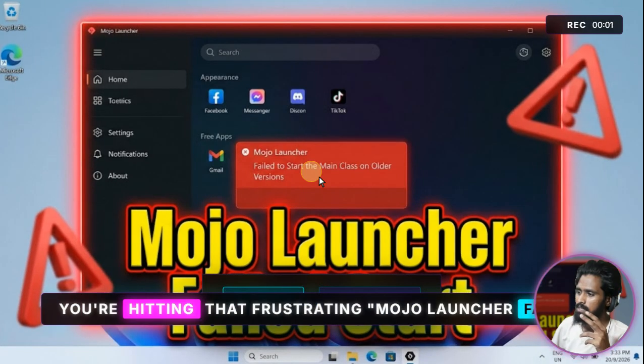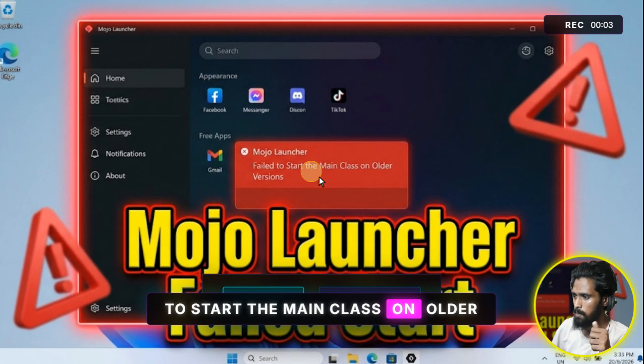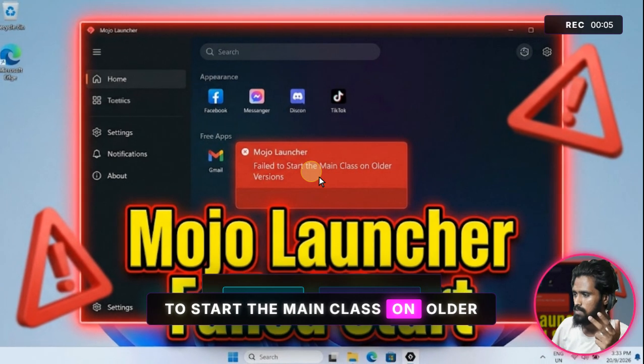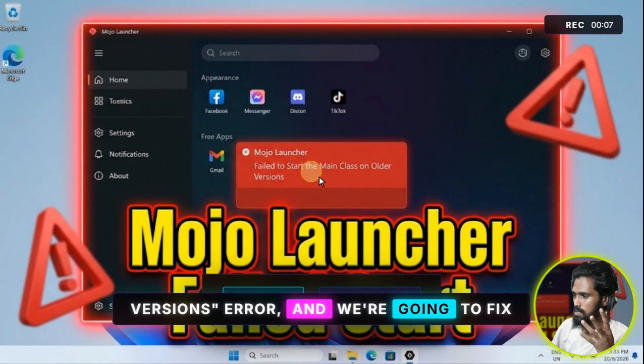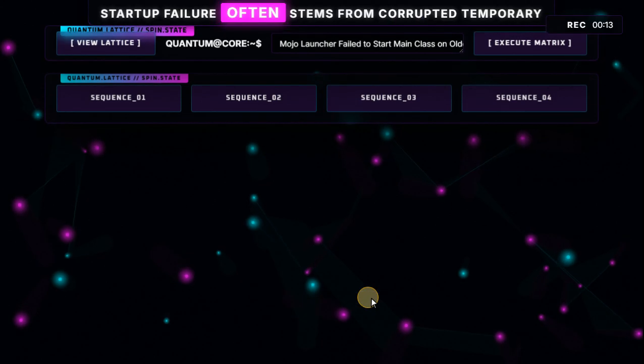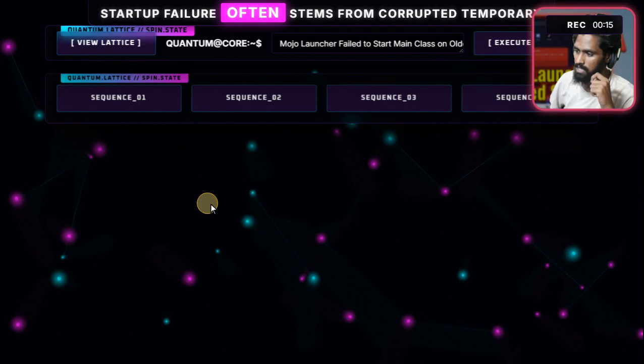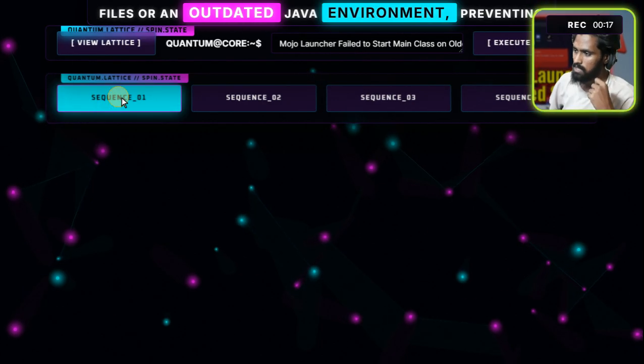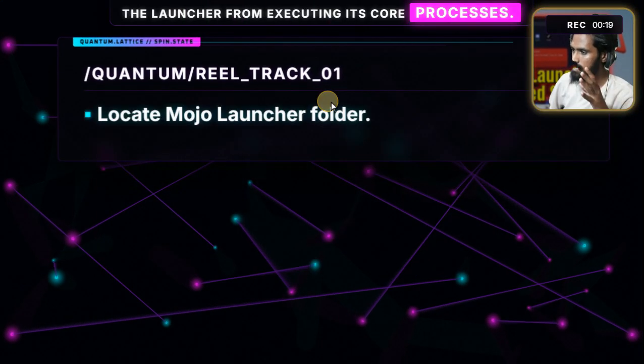You're hitting that frustrating "Mojo Launcher failed to start the main class on older versions" error, and we're going to fix it right now, no excuses. This critical startup failure often stems from corrupted temporary files or an outdated Java environment, preventing the launcher from executing